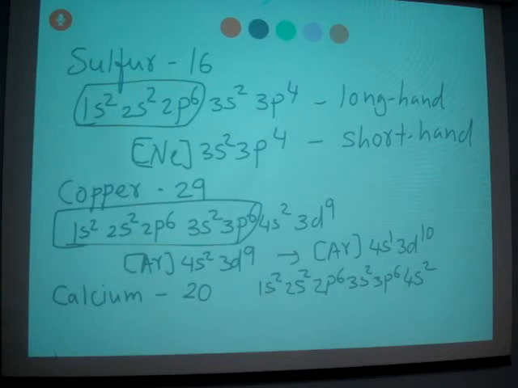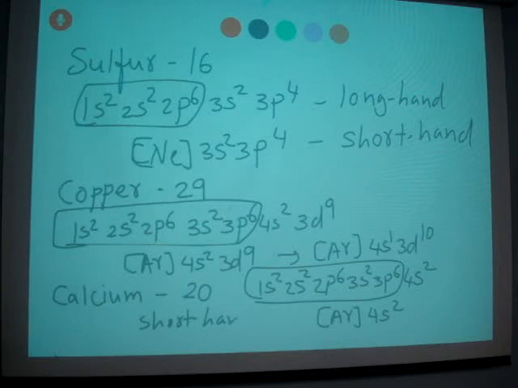And when you write shorthand, instead of writing the whole thing, we can write argon, which has 18 electrons, and then 4s2. So that's shorthand notation for calcium. So that way you can write longhand notation and shorthand notation for